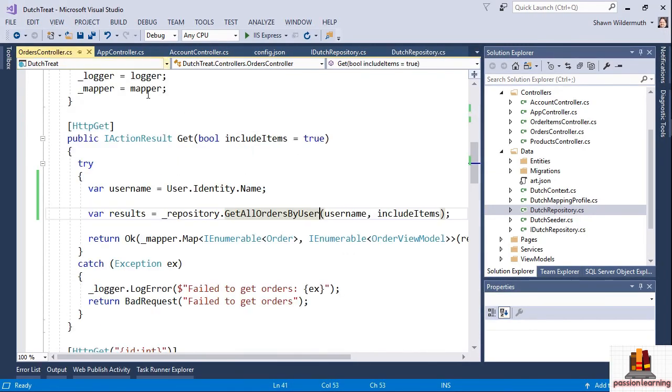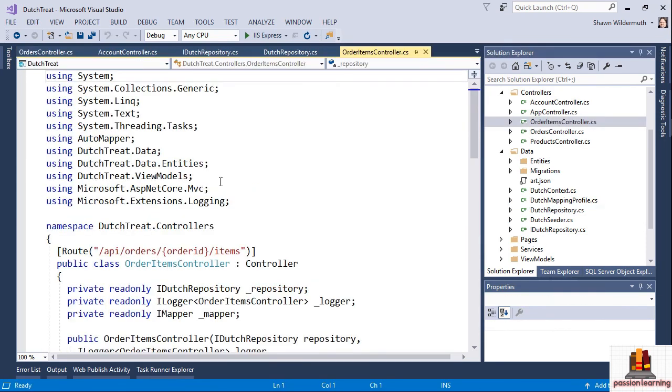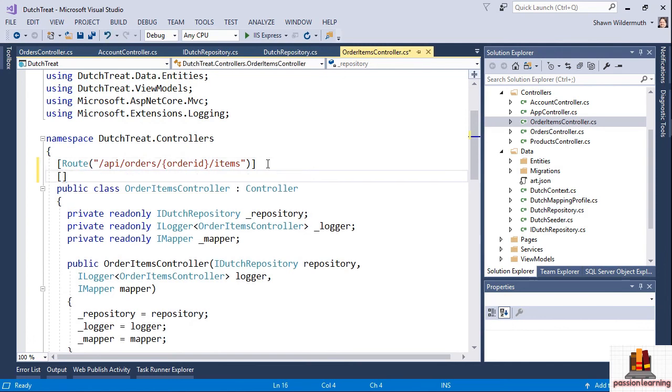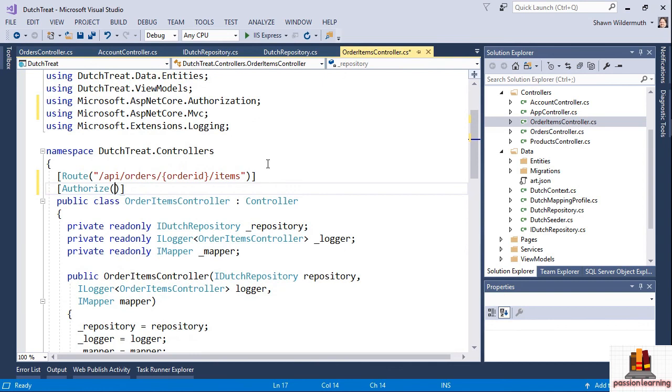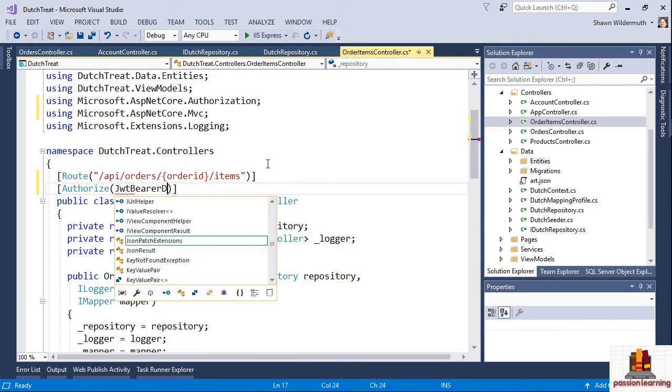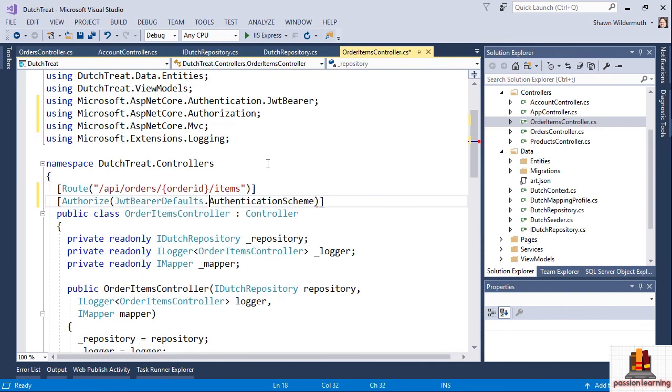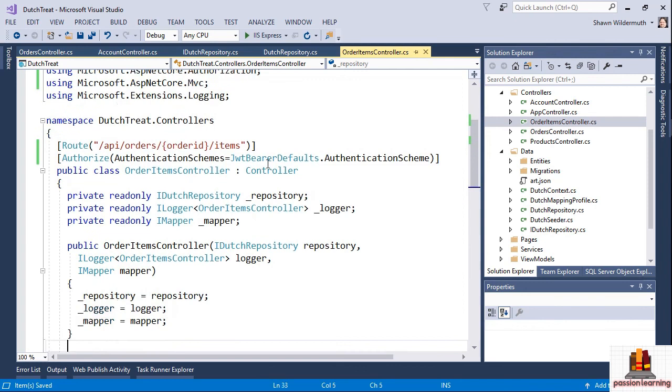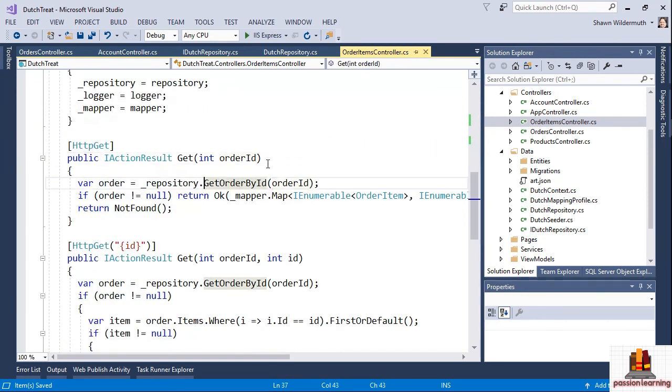Now that we have this working in the orders controller, let's repeat it in the order items controller, because we're going to need that later. So we're going to repeat adding the authorize attribute, and then we're going to need the JWT bearer defaults authentication scheme, and we're going to do that by saying authentication schemes equal. So we're going to limit the order items also to this token, and we're going to change the get order by ID to include the